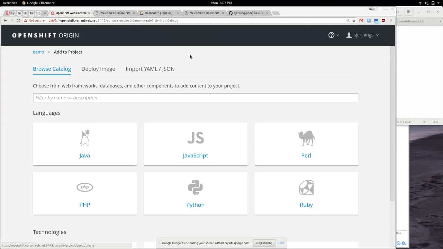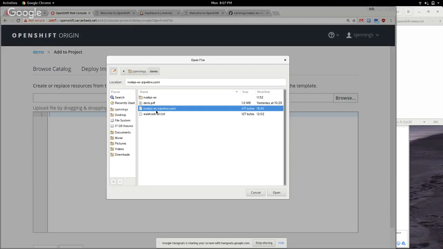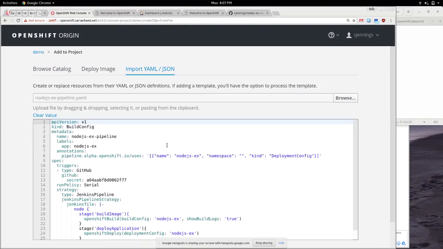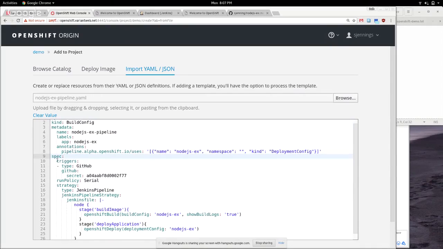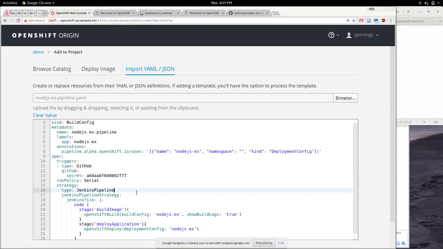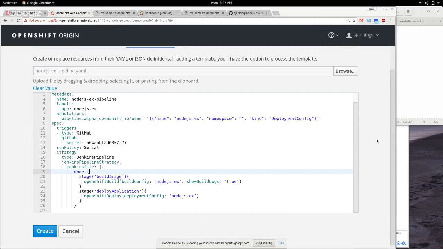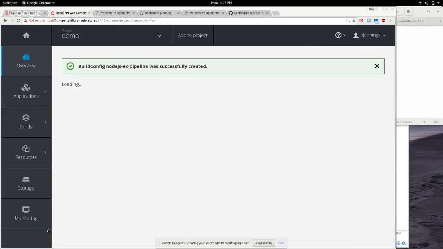So I've got a pipeline YAML here. And this has a trigger of its own here. It's going to have a webhook that I can register with GitHub. And then here's my Jenkins pipeline. This is the most basic of pipelines. Basically, it's doing exactly what the source strategy would do. It's doing the OpenShift build against this build config. And then if that is successful, then it will trigger the deployment. So if I create that,